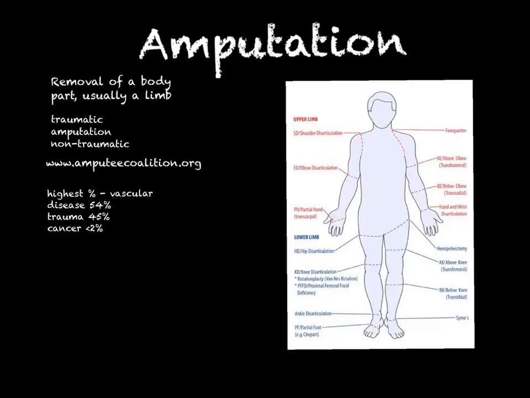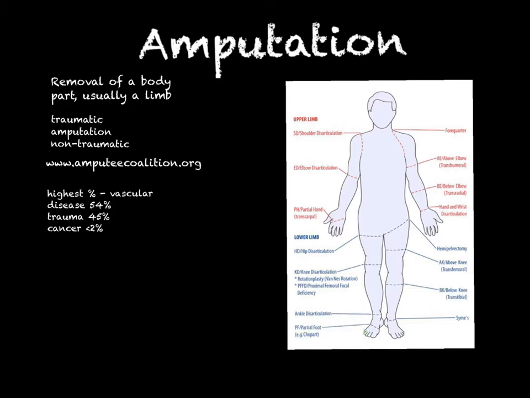Okay, so we describe our amputations in terms of where they are and how extensive. Okay, and this picture shows you the different levels of amputation. So let me get a highlighter here, and I'll kind of point out. We can have partial foot amputations. Let me pick a different color for that. There we go. And you can amputate as much as a small toe, a great toe, but even the amputation of a toe does affect balance and gait, and can really make it difficult for that person.